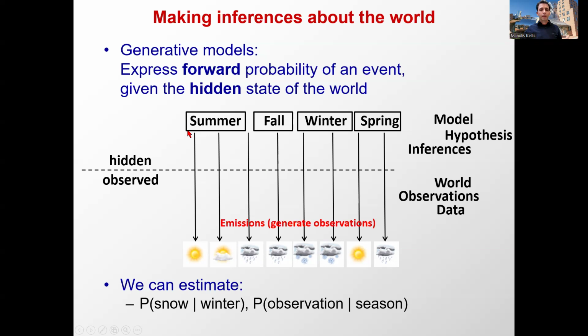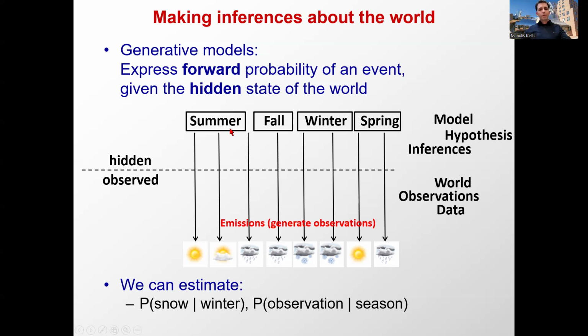You're basically saying, okay, now it's summer, I can measure a bunch of stuff, and this is what I find. Or I have an Alzheimer's patient, I can measure their expression patterns. This is the probability of having that gene expressed highly when you have Alzheimer's. Inferences are going to be about reversing that directionality of the arrow. It's basically saying, given that I observe rain, what is the chance that there's a storm system above me? Okay? Given that I observe high expression of some lipoprotein gene, what is the probability of Alzheimer's?